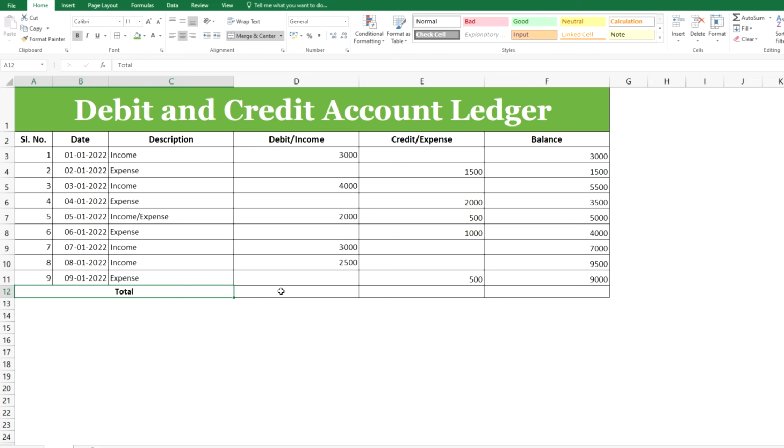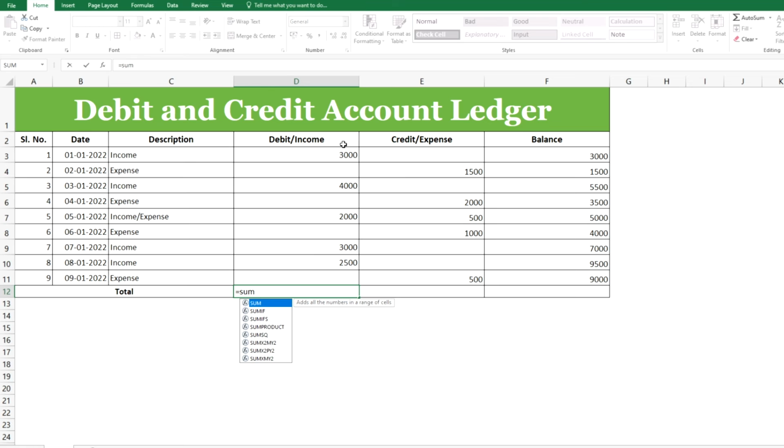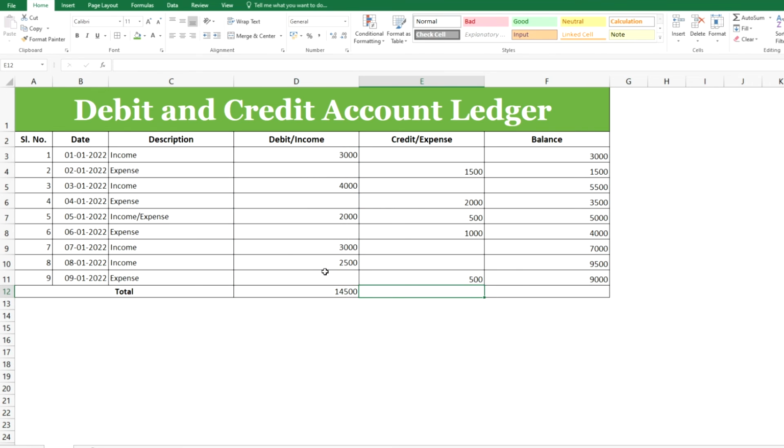Then we will use the formula here of sum to calculate how much income we have generated in this particular period. We'll close this and press enter, and now we will calculate how much expenses we have done in this particular period. Then again we'll use the sum formula, or you can simply drag from the previous cell and press enter,